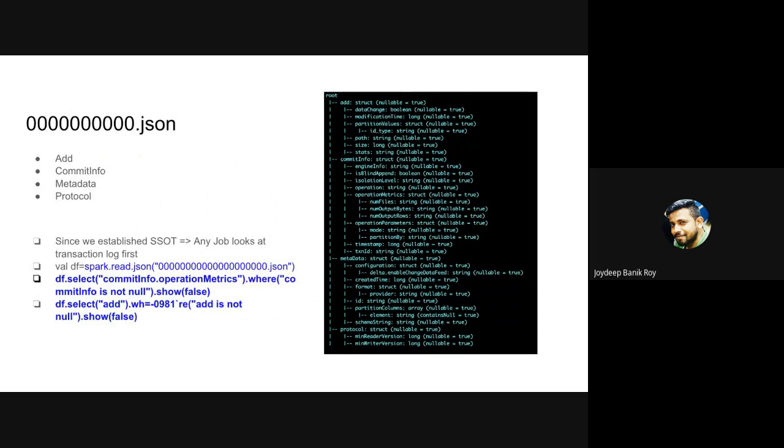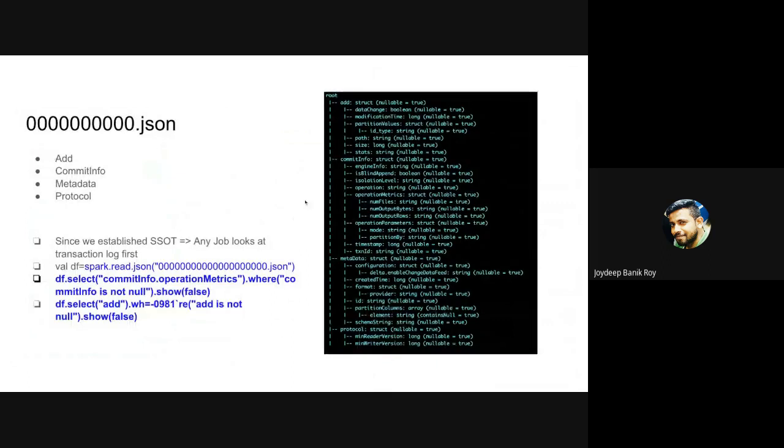So let's look at one JSON specifically. This is a very special JSON in terms of Delta Lake. 000 JSON, you'll always find it at the start. If you look at the structure here on the right side, I've just done a printSchema. It has some high-level columns: add, commitInfo, metaData, protocol. The add column will house, if you see under this here,